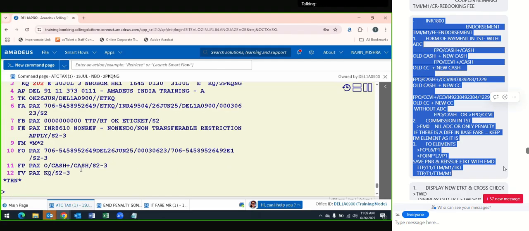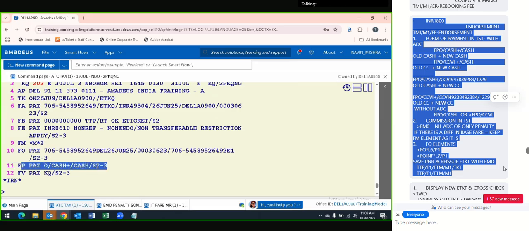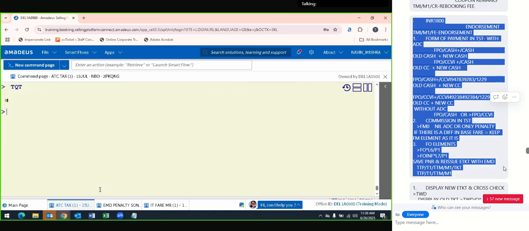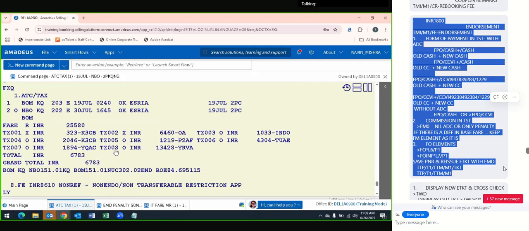First of all, do you see the FO line here in the PNR? Do you see the form of payment is automatically updated? If I show you the TST, let's see, is the TST set up for reissue? Are the missing elements of the TST updated? Yes, no? And do you see there is an X indicator showing 323 rupees as GST